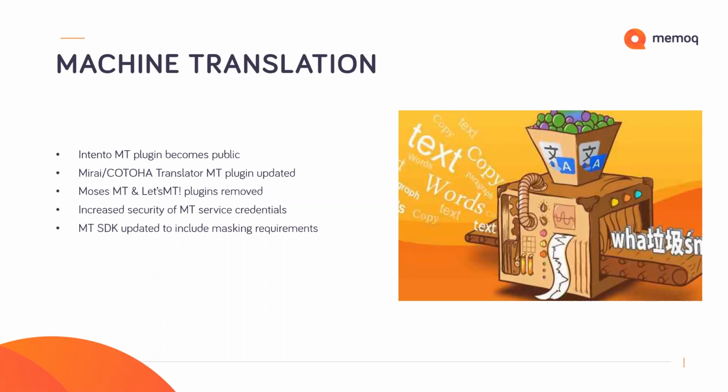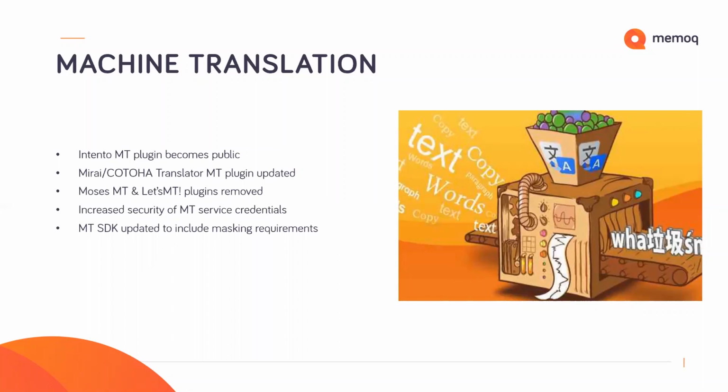Before we go to the Intento MT plugin, let me just briefly touch on some other things that are included in 9.1 as far as machine translation, which still continues to be a hot topic. So many different possibilities, new trends. So we'll try and keep on top of things, and you'll see that Intento is an integral part in that